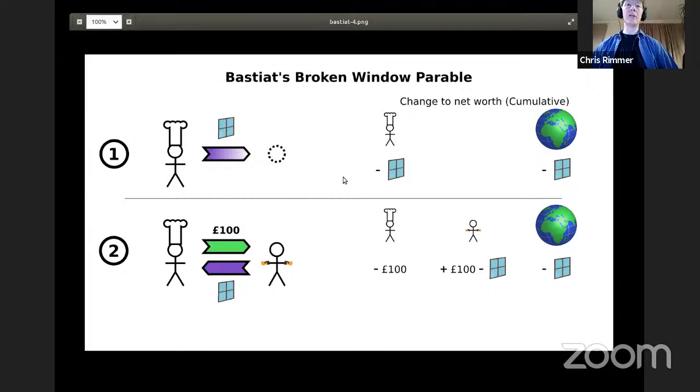Yeah, I guess. I mean, as long as they're doing it somewhere that's not actually in the road, then it's not harming anybody, I suppose. Yeah, I guess there's a period of time there where the window's broken and you're suffering a loss from that as well. Yeah. I mean, you're emphasizing that the bad part is that the window's destroyed, but I think maybe